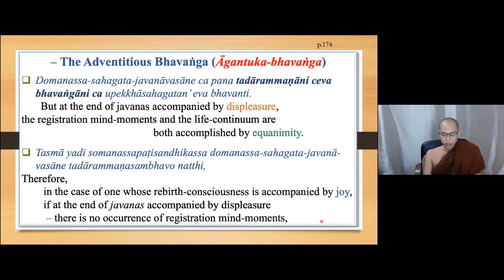As you know, in the two processes after registration, the bhavanga arises. If the bhavanga arises, his original bhavanga is joyful feeling. If the registration arises, registration is equanimity, and the bhavanga is joyful. They are not of the same type. That is why it is impossible for registration to occur in this case. That is why there is no registration. Okay, then